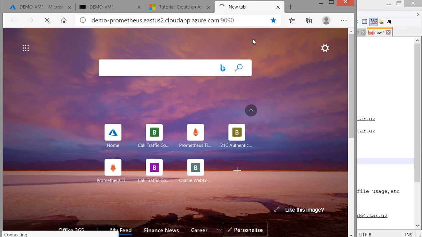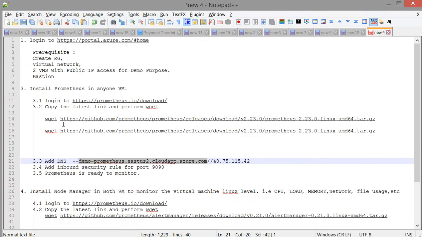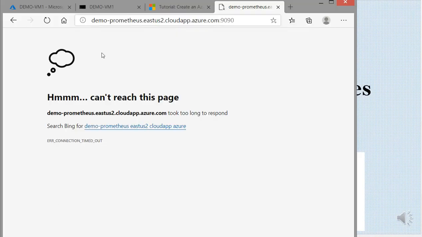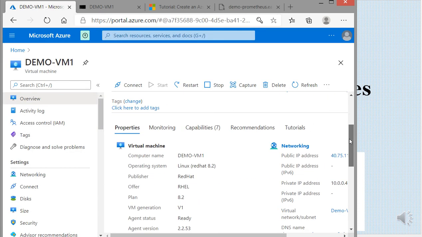It won't be running now because this port is not yet allowed in our virtual machine, so it will be blocked under firewall now. So as I mentioned here in the step, we need to do the fourth step, which is add inbound security rule for 9090. That means allow any traffic under 9090. So go here. Yeah, it is not able to reach. Now let us